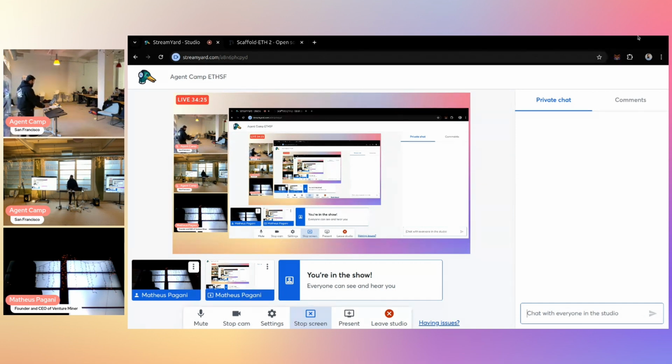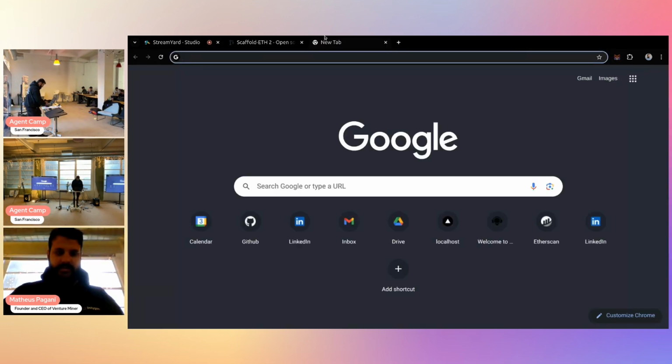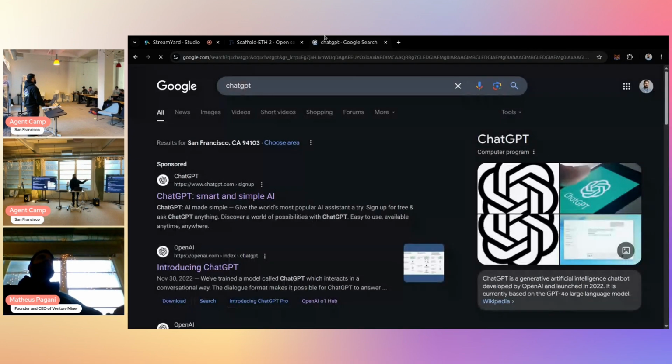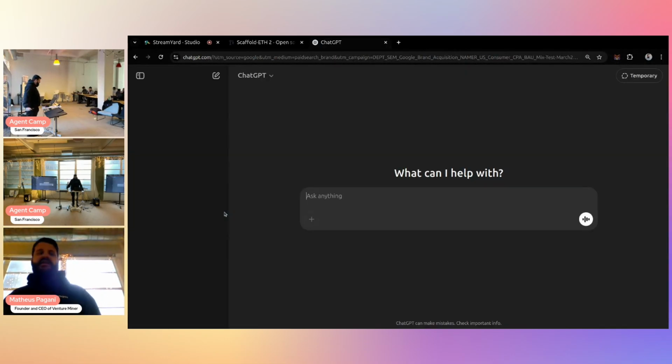Let me show why. Let me pick ChatGPT. ChatGPT is a good application for AI. I guess everyone would agree, right? It's very smart, a lot of investment in this.